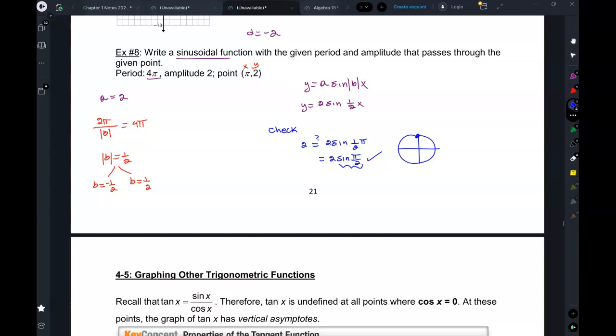Wait, how do you know if it's sine or cosine? So that too you can check, right? You can put in the value. So if you did a cosine over here, cosine of half of pi would give you what? 0, so that wouldn't work. So you just knew that, but you would have to check. Yeah. I didn't get it. Okay, so you have to